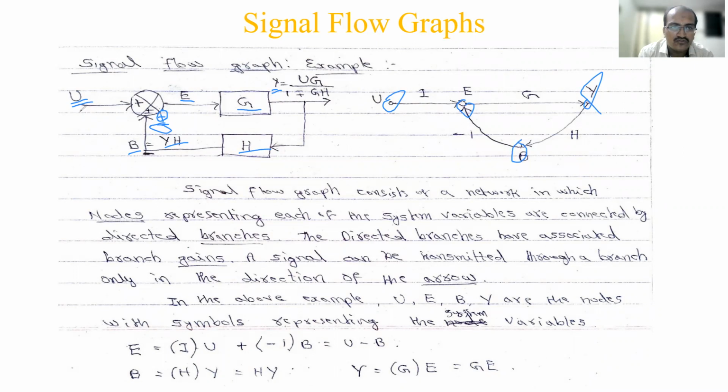Then to connect these nodes, from U to E, what do we have? Nothing, right? No blocks are here, just a summing point with a plus sign. So what is its gain? 1. Either I will write the arrow at the end here, or in some books they will write it in the middle. They draw a line, show the arrow in the middle, and above that the gain will be written. Then from E to Y, what is the gain? G is written in the block diagram, so we write that above that line. I told you either the arrow will be shown at the end or in the middle, and there we'll write the gain.